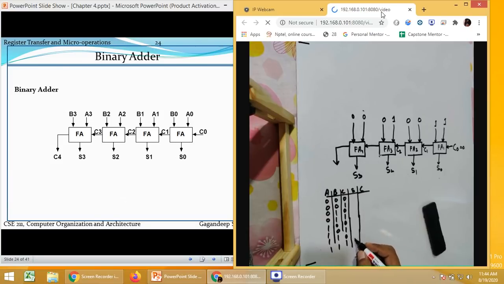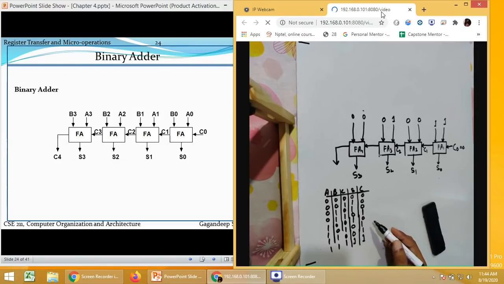Only a place where we are going to get both the values 1 is this. In this case, sum will be 0, carry will be 1, sum will be 0, carry will be 1, sum is 1, carry is 0, sum is 0, carry is 1, then sum is 1, carry is 0, sum is 1, carry is 0, both the values are 0.